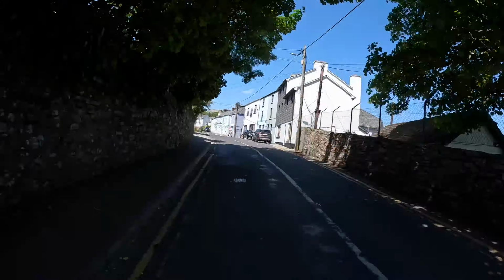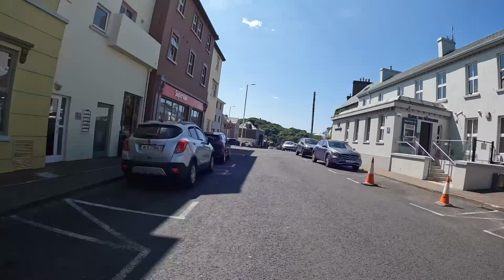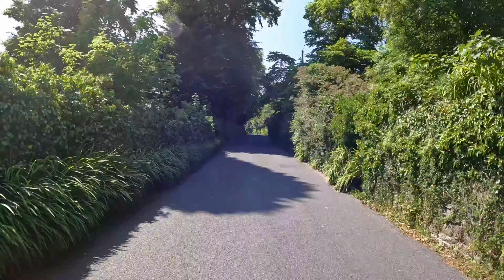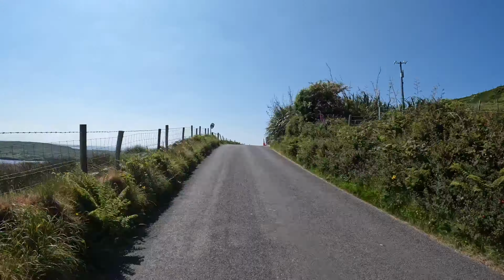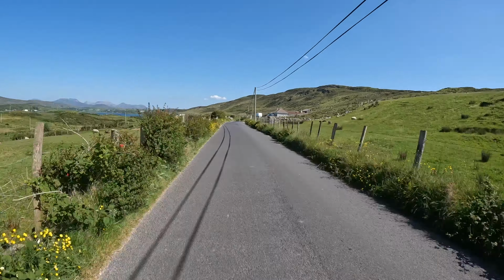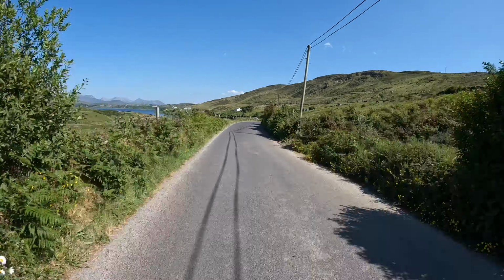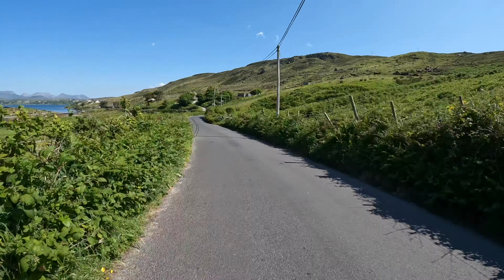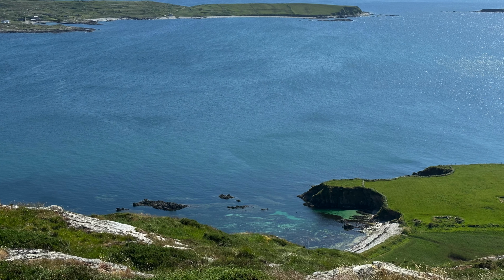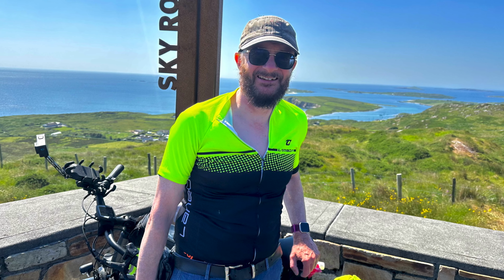The centre of Clifden is a very pretty spot with a number of nice restaurants and pubs, so a good spot to stop for lunch before taking to the Sky Road. The Sky Road is called this because it climbs up quite rapidly and quite steeply, so you're getting magnificent views back south towards where Ballyconneely is, and then you turn a corner and you reach the headland, and you've this